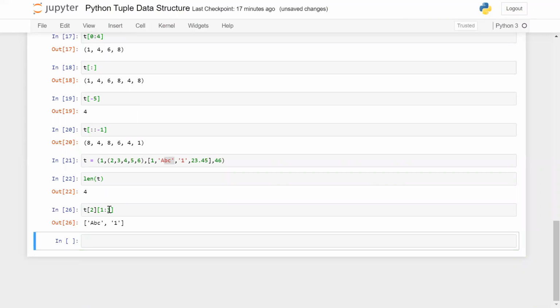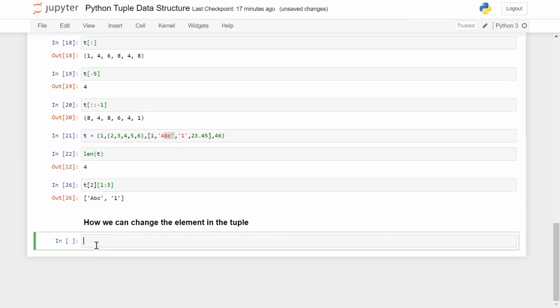Now the question is, how can we change an element in the tuple? So guys, unlike a list, tuples are immutable. It means once you define your tuple, you cannot change it.